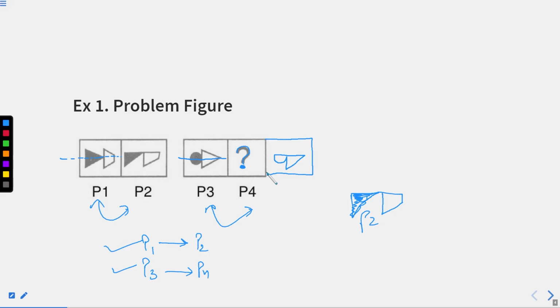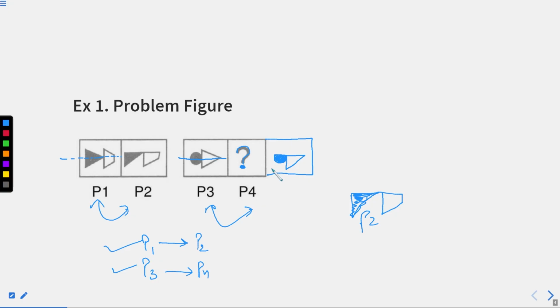I hope this thing is clear. Is this true or not? We need to check. There is one portion shaded as well. So for that we will shade this part, right? As soon as we shade this part, I think we are able to make the answer figure. This is our answer figure.